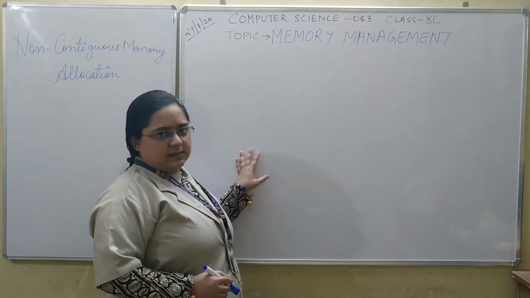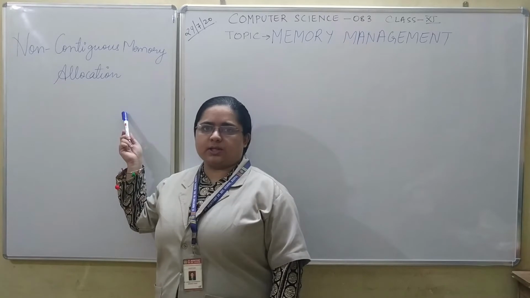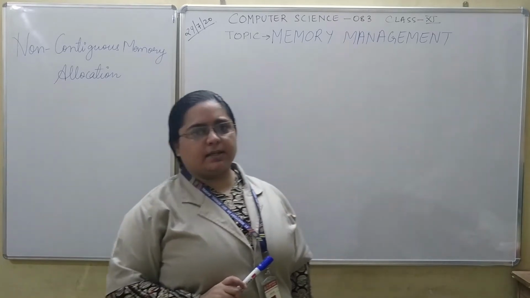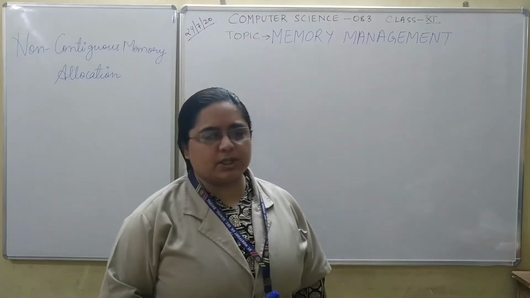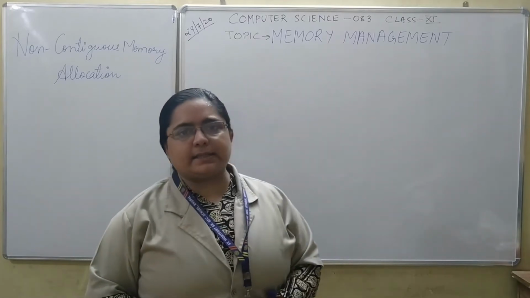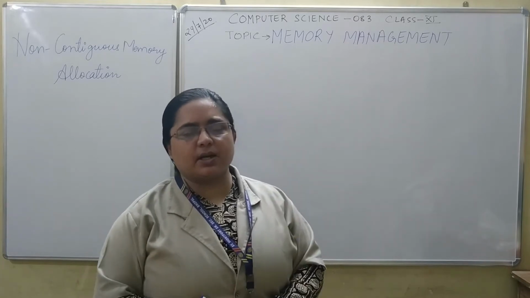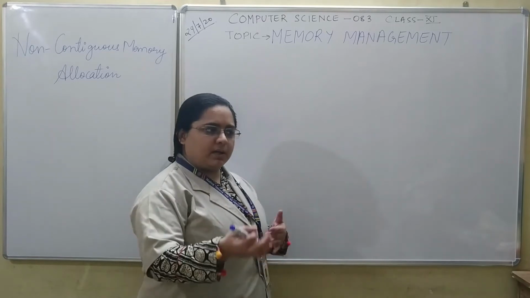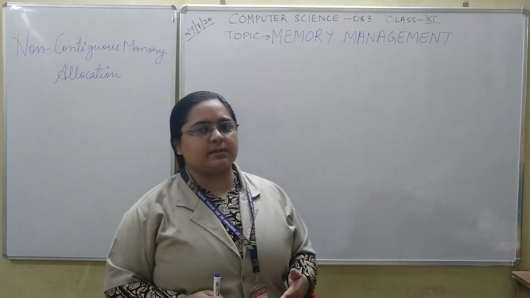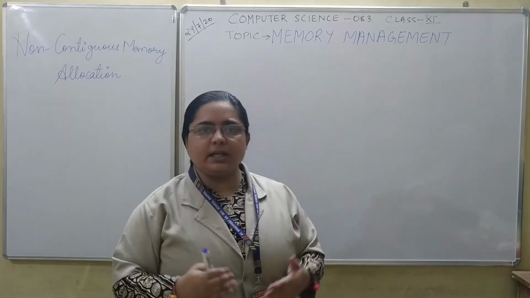In today's class, we are going to discuss non-contiguous memory allocation. In the previous class, we had discussed in detail the contiguous memory allocation, where you had seen that our RAM is divided into free chunks of memory, scattered pieces of free memory everywhere, because of the coming and going of processes of different sizes and because processes are stored contiguously.